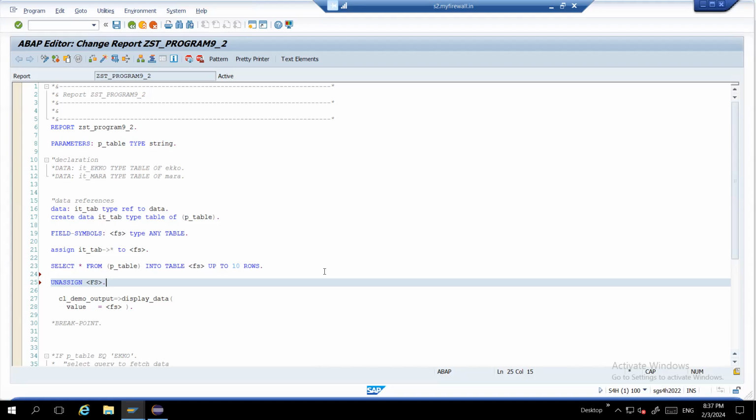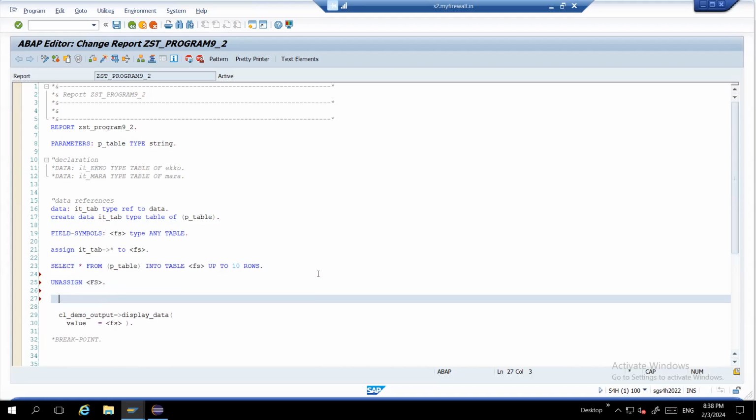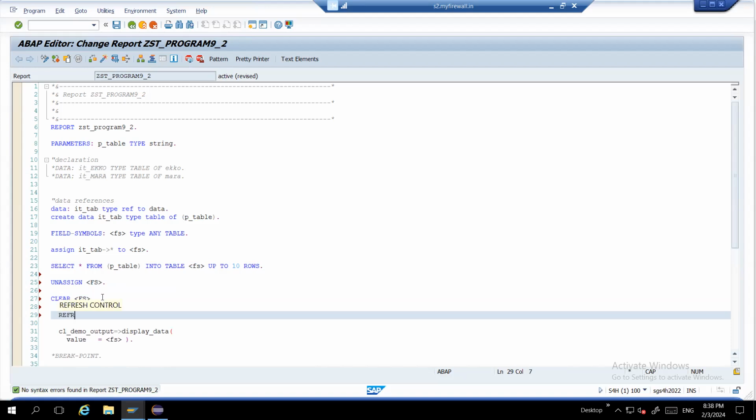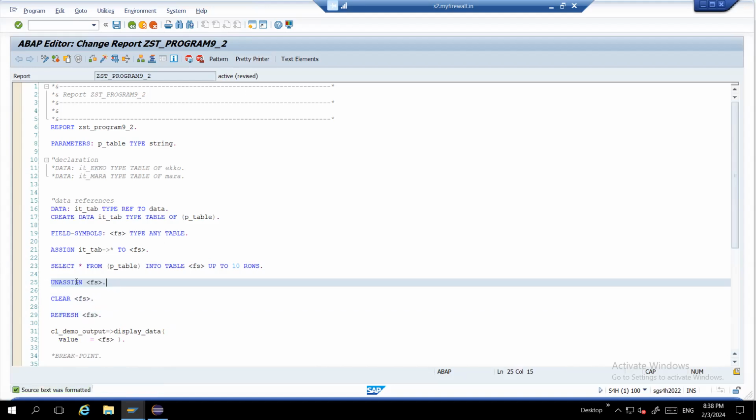So if you don't want to unassign, if you want to just erase the content, then you can write the clear. So like that you can write. Okay, Control F to see there is no error. Okay, if you write refresh fs and press F2, you can see that clear, refresh, both you can use, there is no problem. If you want to unassign, you use unassign. So everything, the memory allocation and all, whatever, everything will be